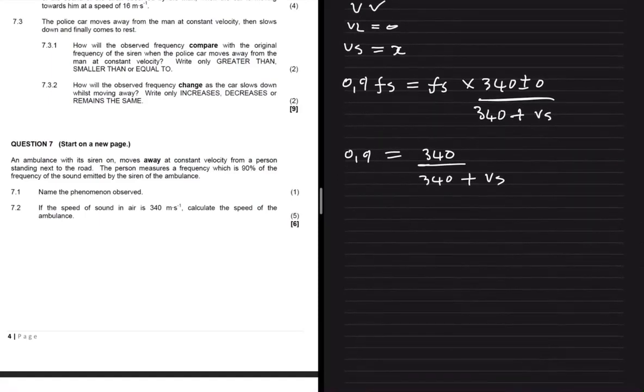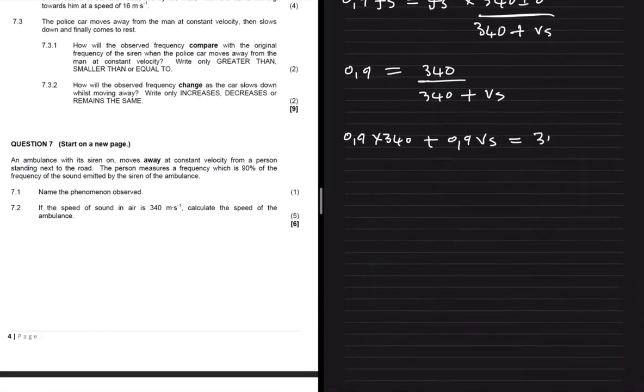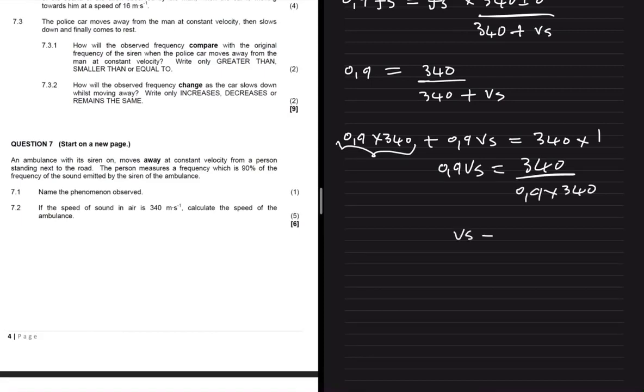So now let's cross multiply. We have 0.9 multiplied by 340 plus 0.9 VS equals 340 multiplied by 1. Let's take this, what we have here, to the right hand side. So we're going to have 0.9 VS equals 340 minus 0.9 multiplied by 340. Now we divide both sides by 0.9, so we're going to have VS equals 340 minus 0.9 multiplied by 340